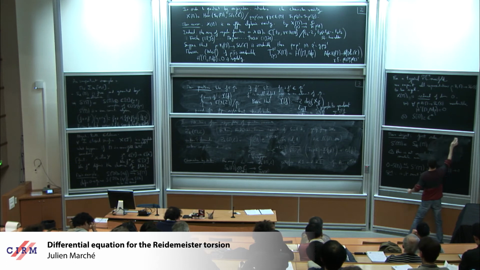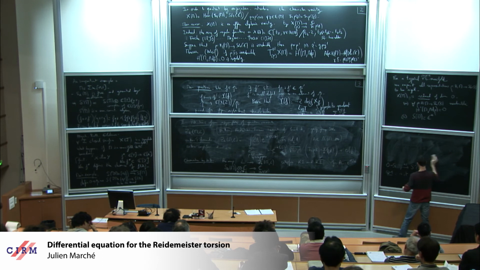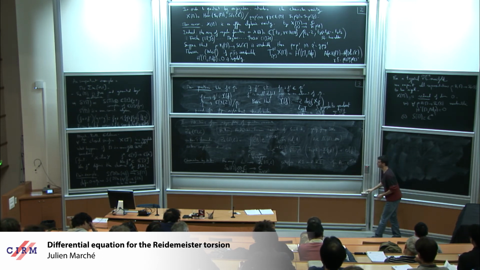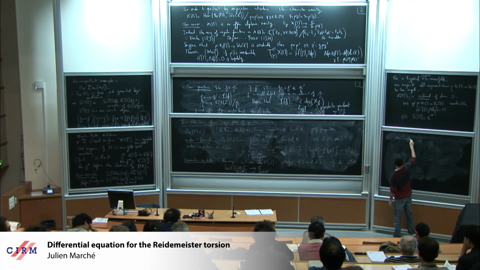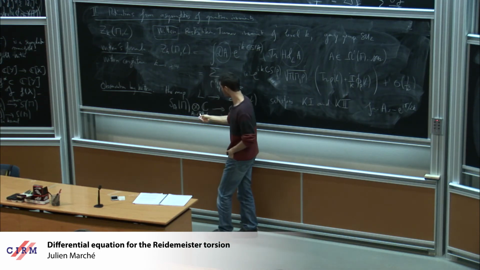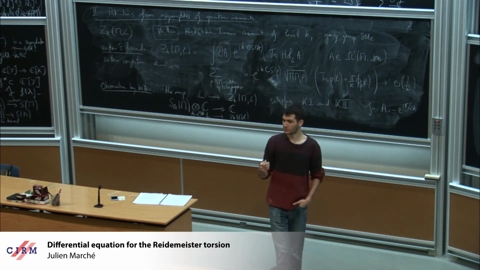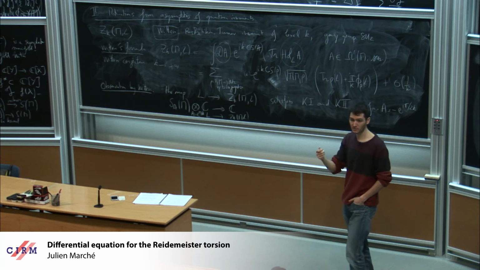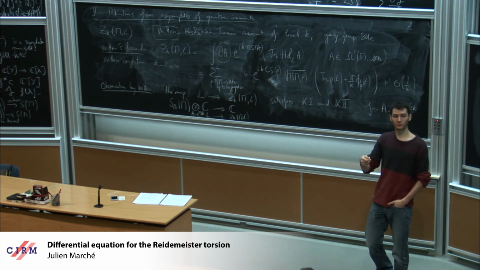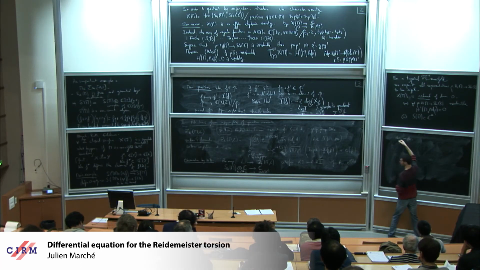So what does it mean for us? This implies, if we believe it, that if you take A equal to minus i pi over 2k and you take an expansion when k goes to infinity, what you find is that A is equal to -1 plus epsilon, epsilon being equal to i pi divided by 2k. Okay, so this exactly says that, at least on a heuristic level,